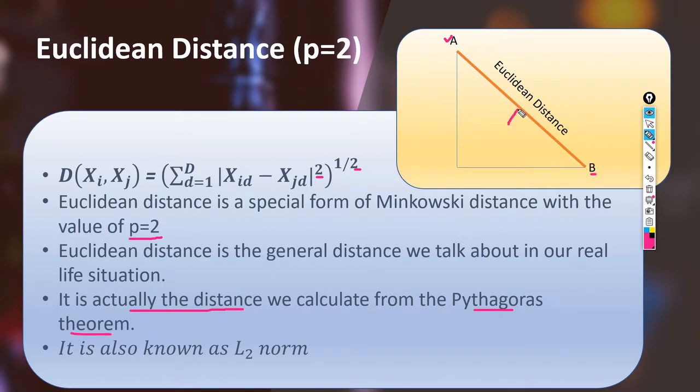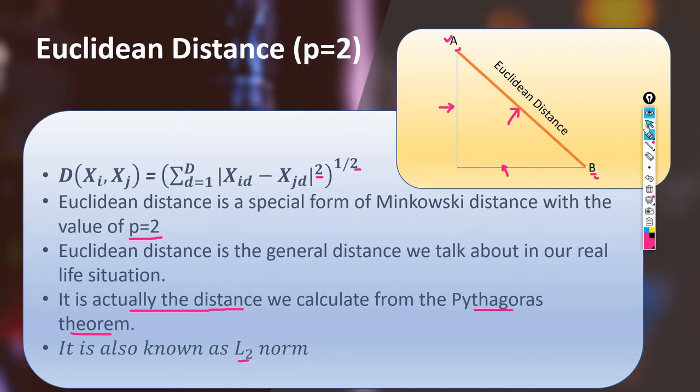This is actually the hypotenuse. So we can use the Pythagoras theorem to calculate the Euclidean distance between vector A and vector B. As p has been substituted by 2, this is also called the L2 norm.